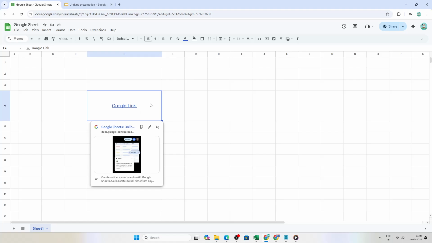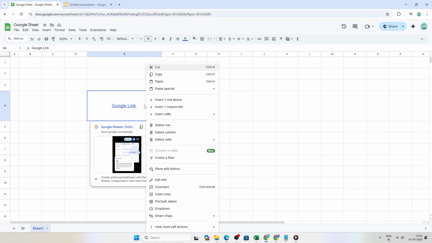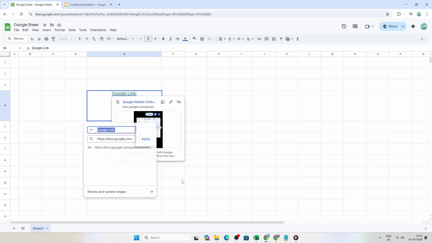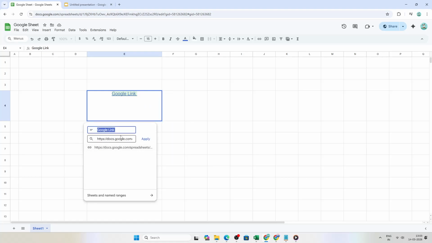glance. If you prefer, you can also right-click that same cell and choose Edit Link from the menu. This takes you to the exact same place as the regular click method. So use whichever is faster for you. When the link is selected, a small preview pop-up appears near the cell. In that pop-up, click the pencil icon labeled Edit Link. This opens the edit window where you can control what's displayed in the cell and confirm the destination of the